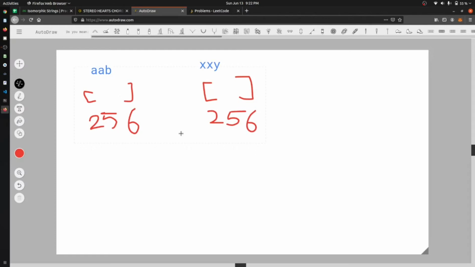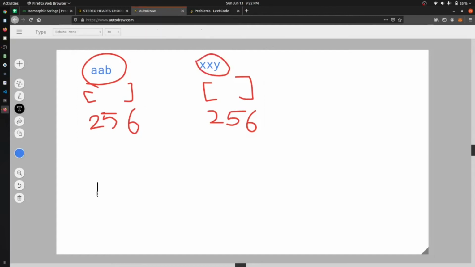So we will create one for each string and we will just count the elements inside our strings. Okay, let's say that this is string 1, so string 1 dot char at i, we will say that we are at this, and then we will just wrap the whole thing into this array and increase it by 1.